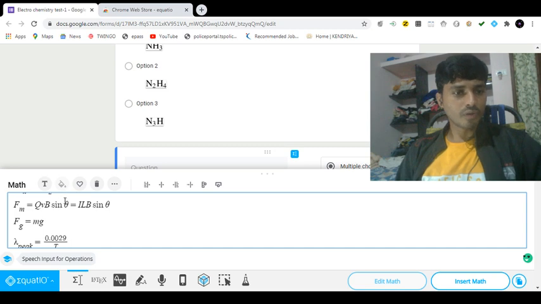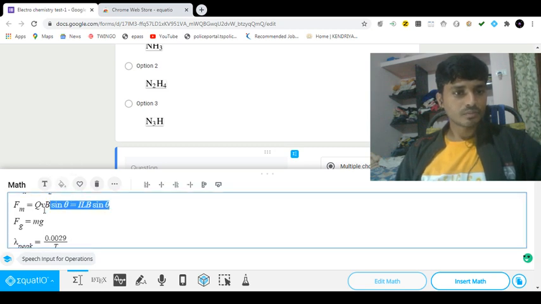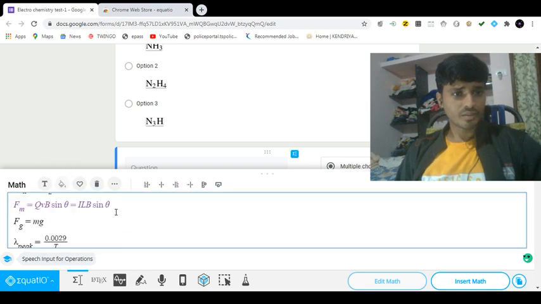If you want to change the color of anything, you can select this one and change the color to whatever you want. That option will also be there. Whatever color you wish to keep, you can make it beautiful for your online teaching or in the preparation of online classes. So this is how the formulas for the laws can be introduced. For example, Schrodinger equation.